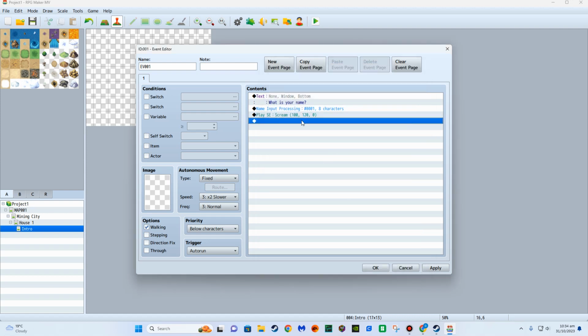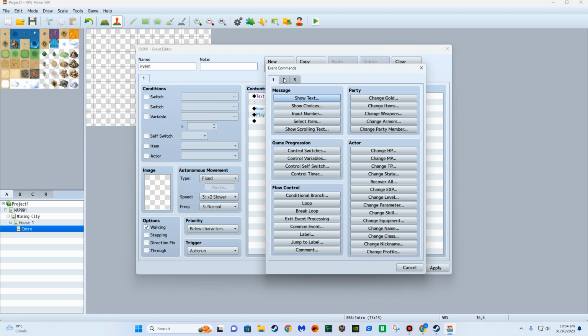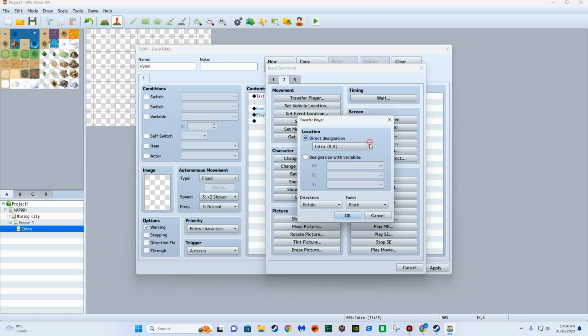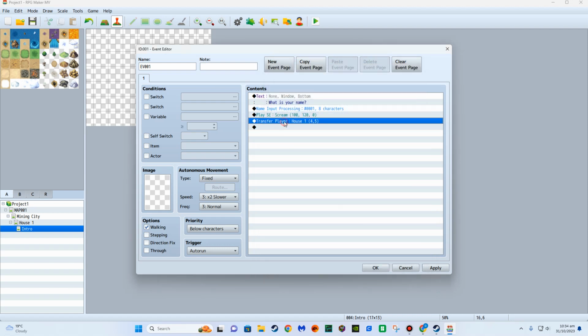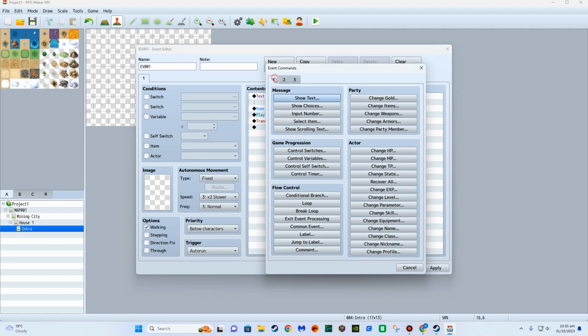There we go, we're going to play a scream, and what we're going to do at this point is we're going to transfer the player from here into his house, and before we transfer the player, what we're actually going to do is tell the map